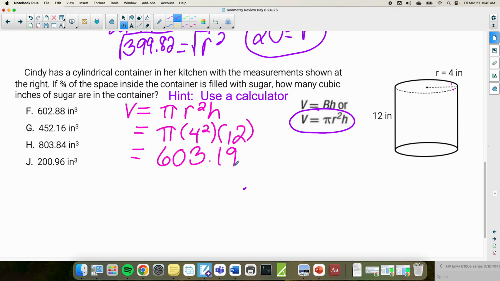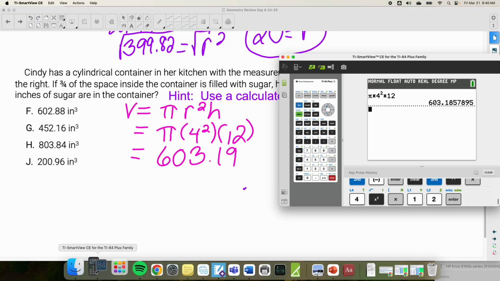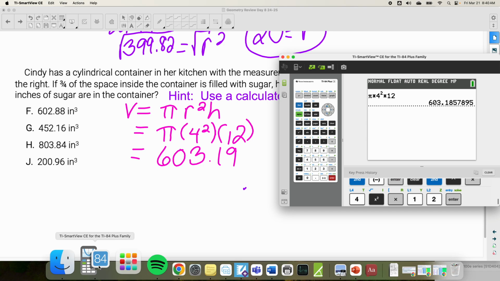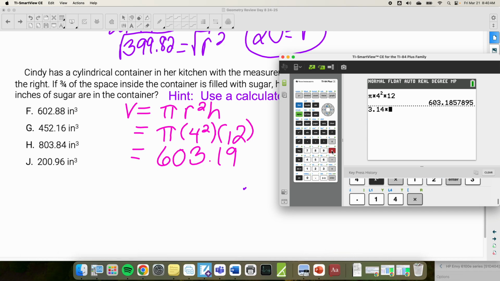Now, if you were a little bit off from that answer, say all we had to do was find the volume, I'm guessing what they did there is they used 3.14 instead of pi. So if I went 3.14 times 4 squared times 12,